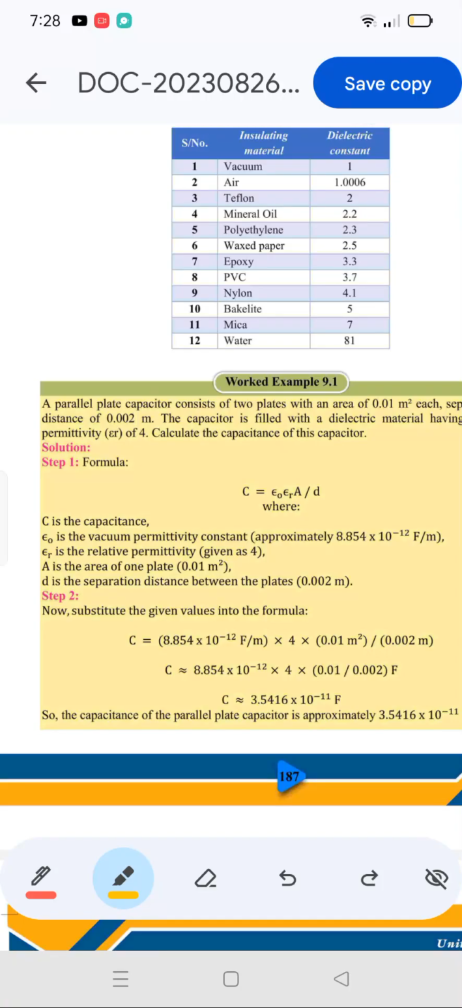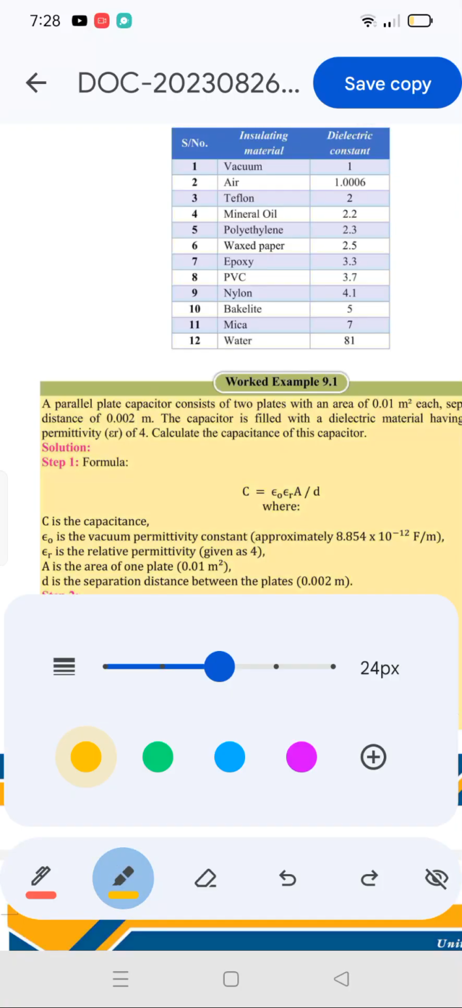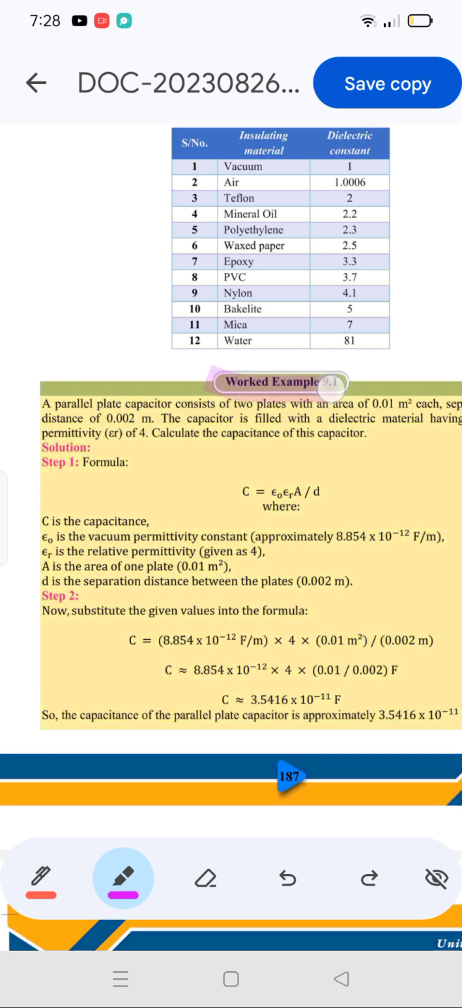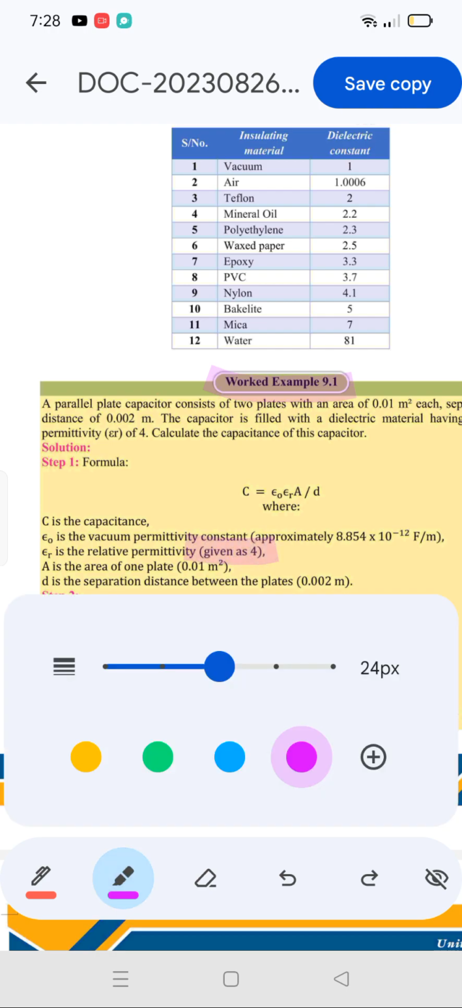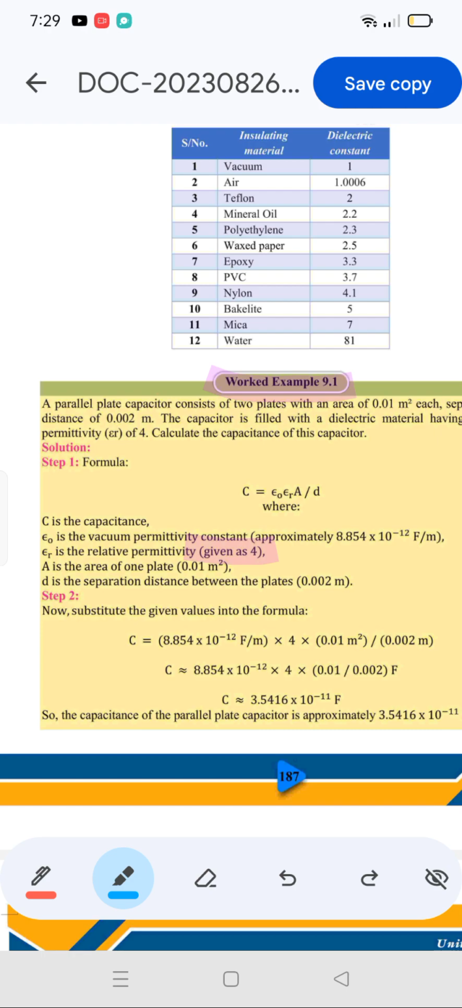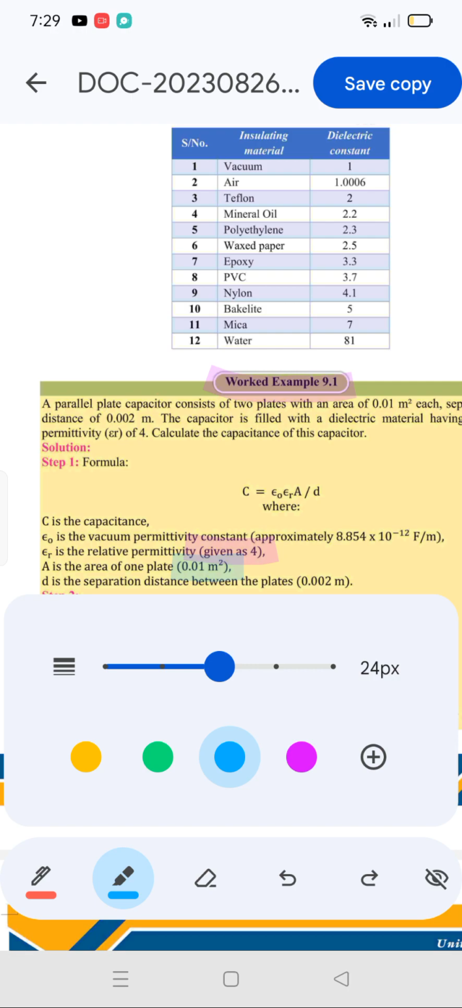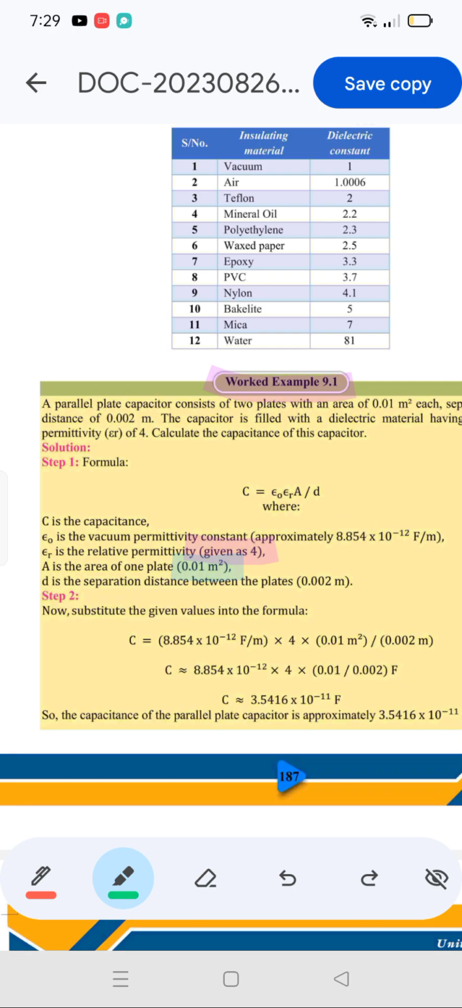Okay, so as in the last video, we have discussed work example 9.1 in great detail. Initially we wrote the data as given in the question. They gave us the relative permittivity, ER, as 4. Then they gave us the area of the plates, 0.01 meter square. They gave us the separation, the distance between the two plates, as 0.002 meter. Epsilon naught we already knew because that was a constant,